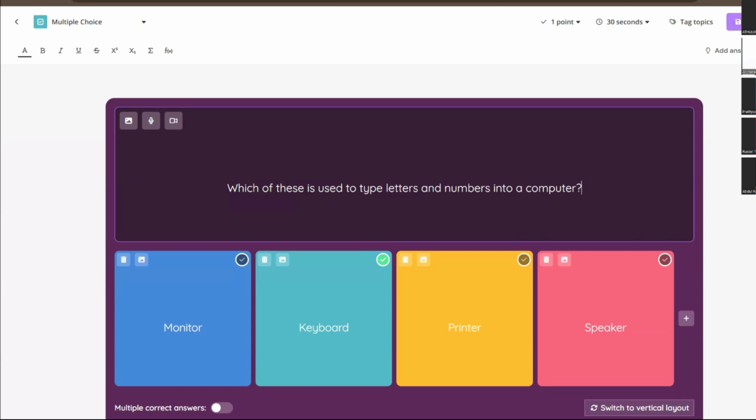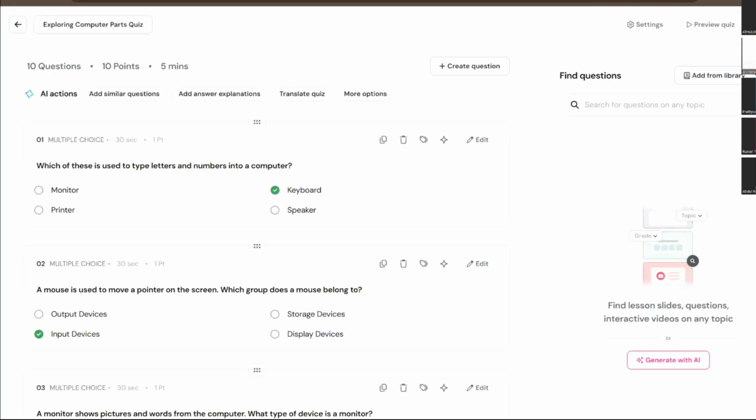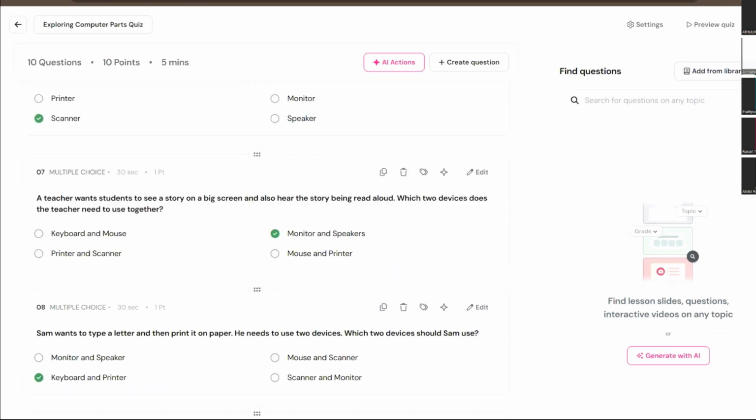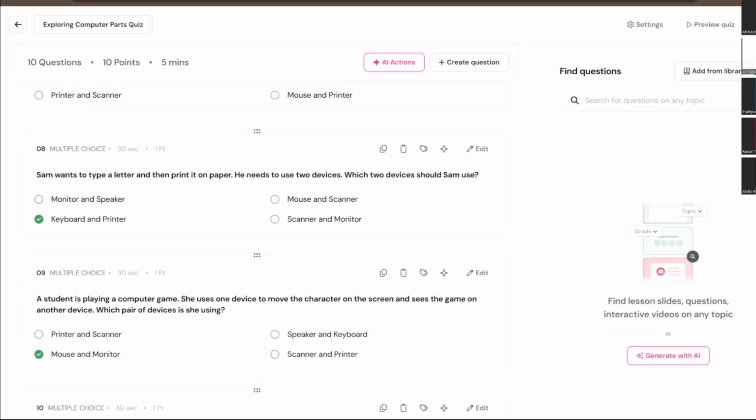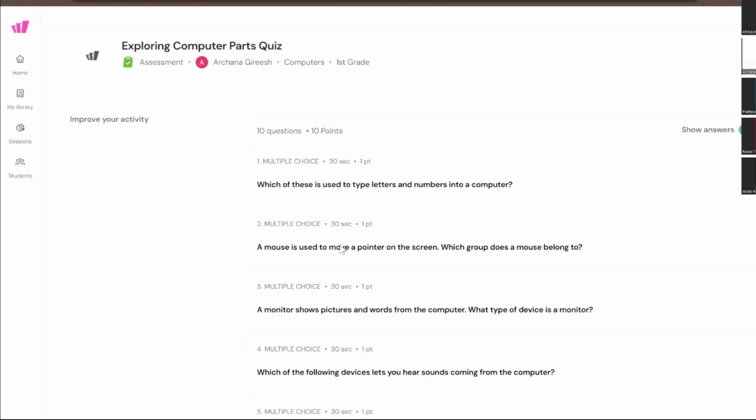Then I can save the question. You can set the answer key accordingly. Answer key means there will be a green tick mark. Then save the questions. Once all the questions are ready, you can publish the quiz.